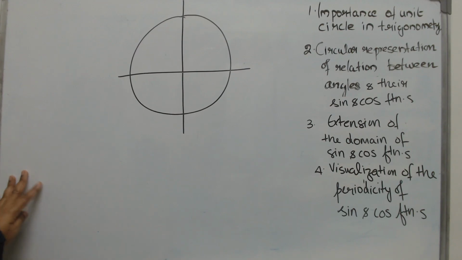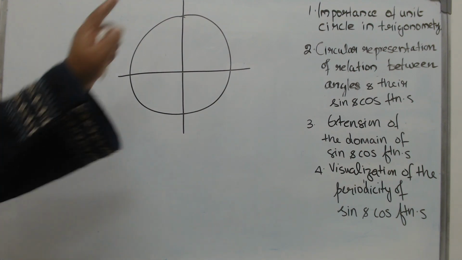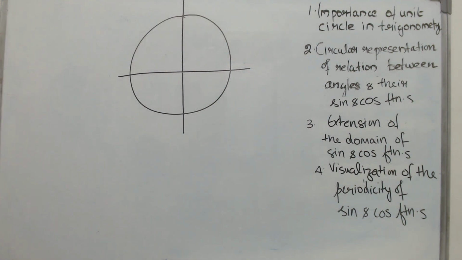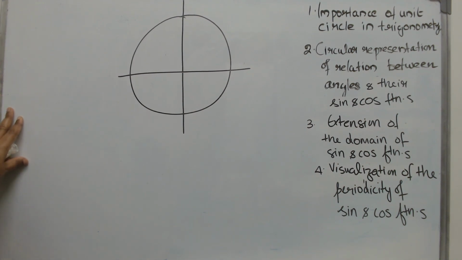Now all good things must end sometime. It is the same with our class today. It is time to wind up. What did we learn so far? Why are we considering a unit circle and not a unit triangle, not a unit quadrilateral? Because trigonometry is basically the study of right angle triangles. To be more specific, it is the study of the relation between angles and the ratio of sides of a